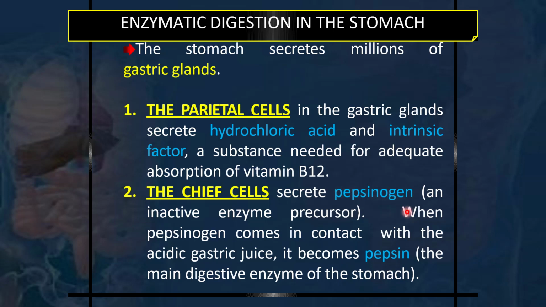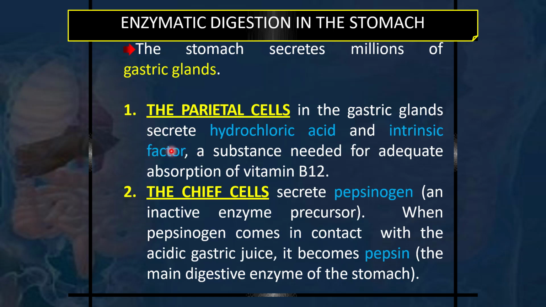Gastric juice activates pepsinogen, and this pepsin is secreted by the chief cells. And the other group of cells in the stomach is the parietal cells, which secrete hydrochloric acid, which is an important secretion from our stomach, and intrinsic factor also, which helps in absorption of vitamin B12, because vitamin B12 absorption takes place with the help of intrinsic factor, after binding with the intrinsic factor.